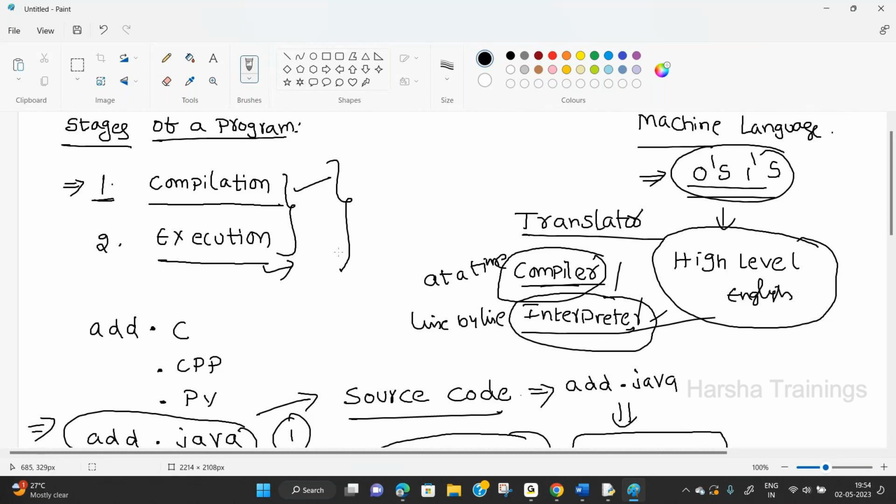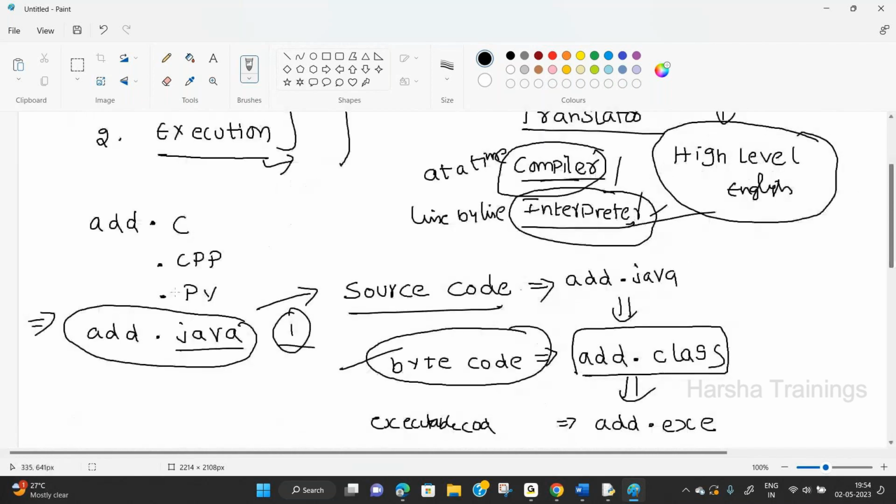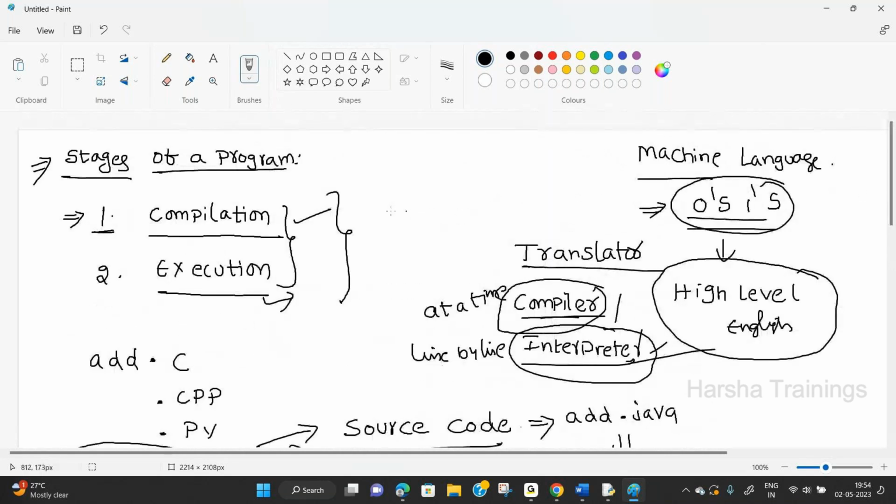Anyway, in the next session, I am moving into the stages of a program in detail. So just now I entered into Java. How? By saving a Java program. Even though it is a demo session, tomorrow is also a continuation of this day. So tomorrow is also a continuation of day one. Okay. Now any doubts, please ask me.